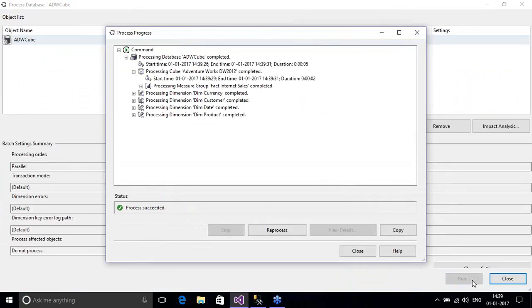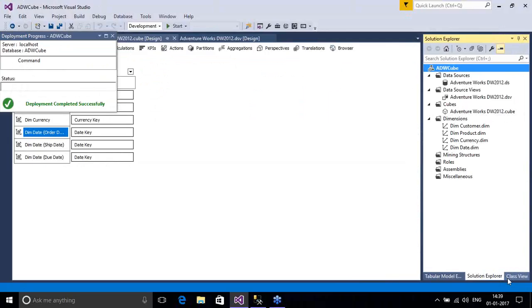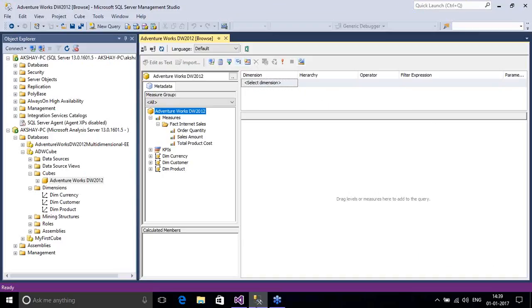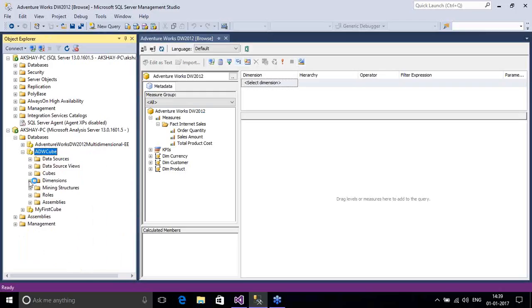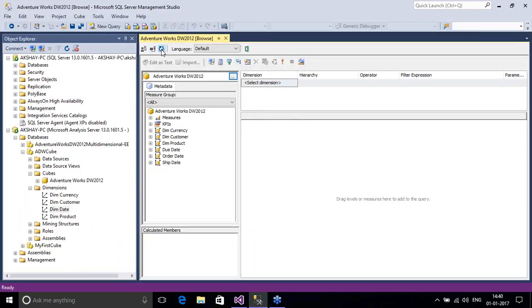So here now the cube processing has just completed. I can just say close over here and close on this window as well. And now I can go to my SSAS cube. Previously I just had over here these 3 dimensions. Now if I just go over here and refresh it, I will be able to see the 4th dimension being added over here as dim date. Similarly, if I go into the browsing window and say reconnect and refresh over here,